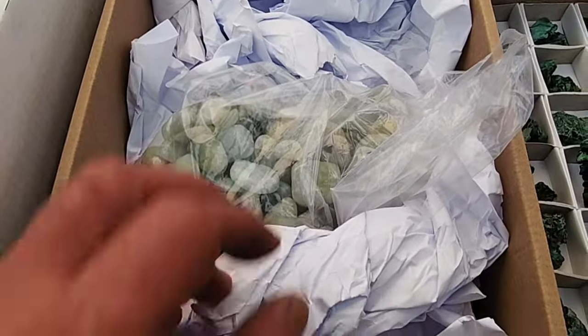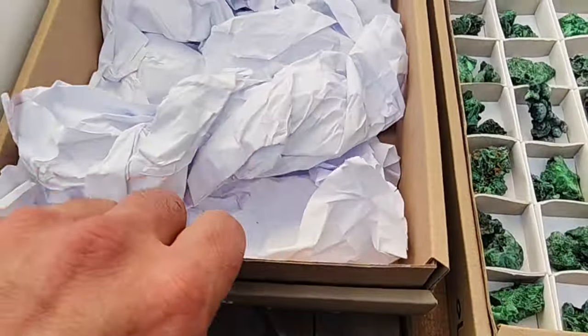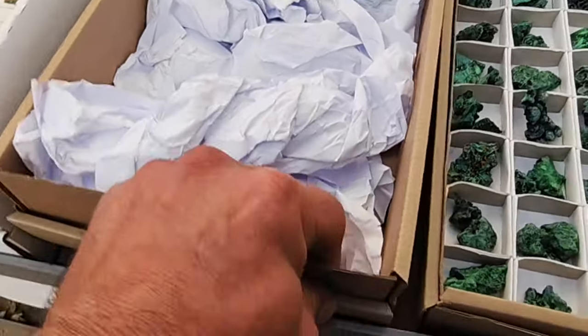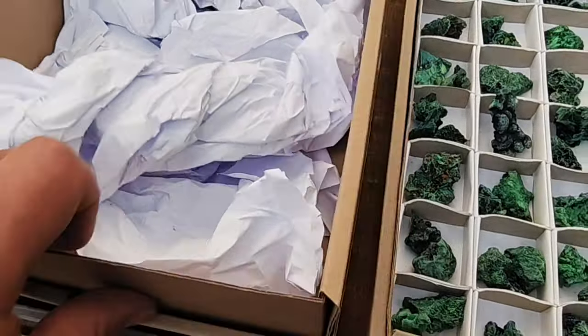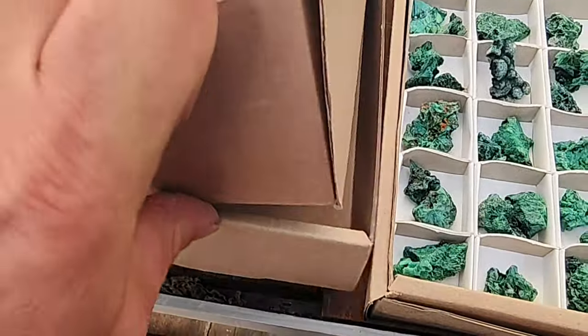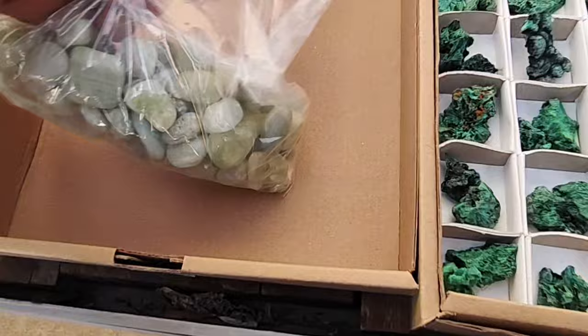Right, onto a flat of old-fashioned. We had so much of it, we were going to tumble everything we see, because tumbling is easy, right? No. Tell you what, I'm going to take them out because there's some aquamarine in here. Oh, if I can only do it. Yes, here we go. Oh, don't see the number. Right, so